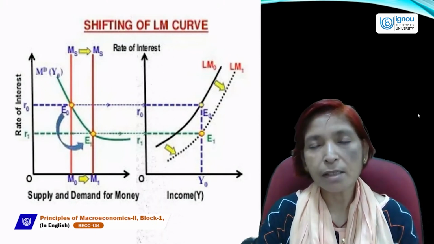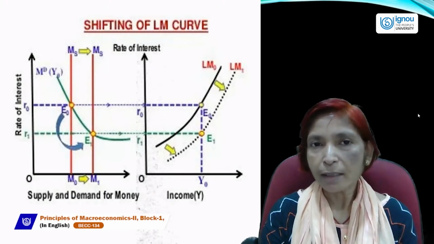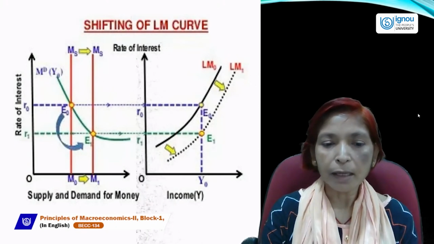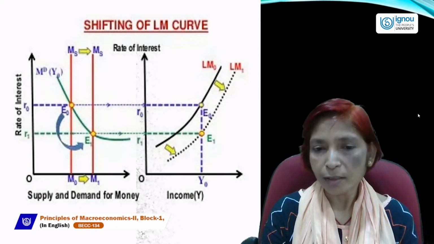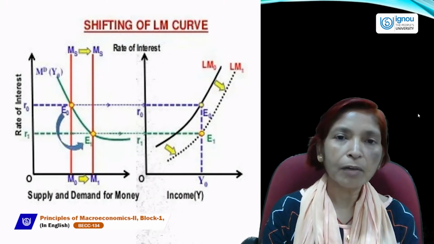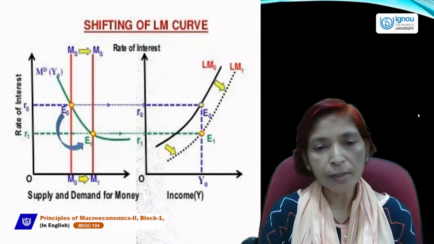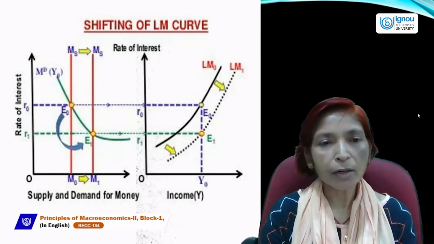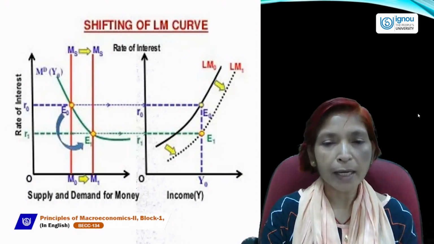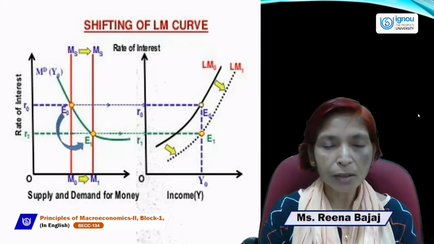Supply always increases, or due to a rise in supply, the supply curve shifts to the right hand side. Same as if the money supply increases by the RBI, then the LM curve will shift rightward. And if the RBI decreases the money supply, then the LM curve will shift to the left hand side. So the LM curve can shift depending upon the functioning of monetary policy. It may be contractionary or expansionary, depending upon the situation which exists in the economy.